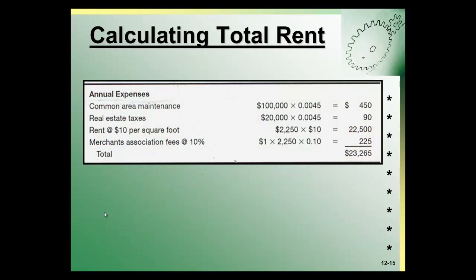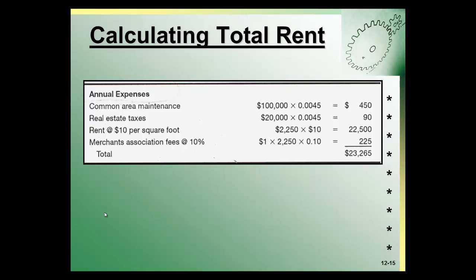And when you rent an apartment, the landlord will tell you the rent for the apartment and whether or not it includes utilities. Now, in a commercial lease, there's a lot more to it. When you calculate the total amount of the rent to be paid, commercial leases often require that the tenants pay maintenance, real estate taxes, and some type of association fee.